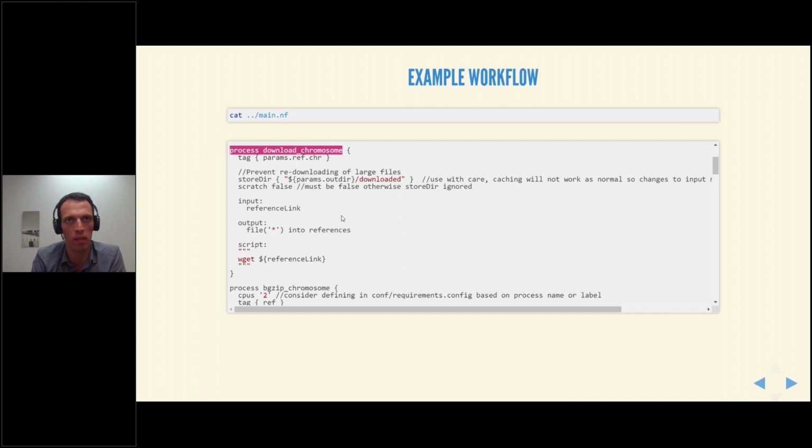Now, we make an exception here with this directive, storeDir, to make sure that the input files we download are stored outside the Nextflow structure normally used. This is just to prevent re-downloading data sets, and also to keep them later as well in case our work directory gets deleted.